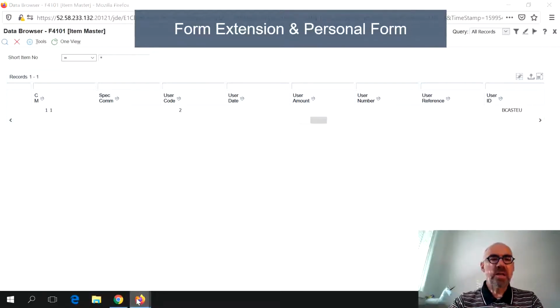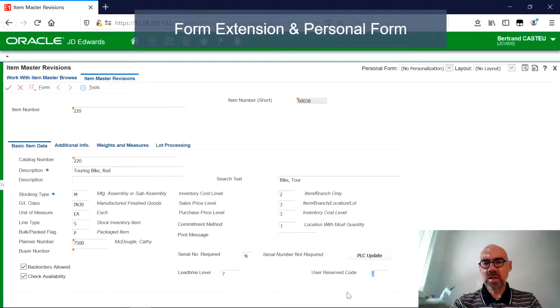For instance, in the item master file, the F4101, you have 6 data fields that JDE does not use, and you can use them. The point is that usually you don't have access to them through the interactive programs. Here you can add one of them or several of them in your screen so that you can manage the